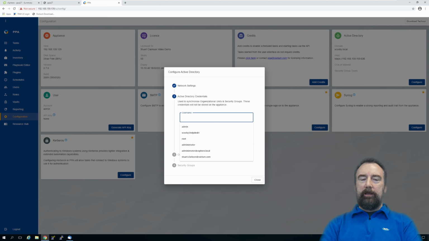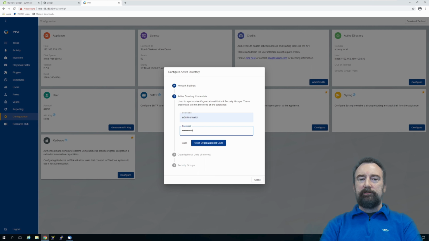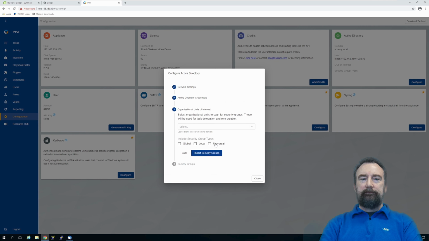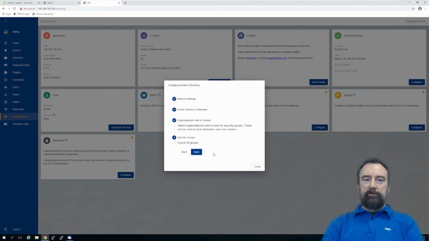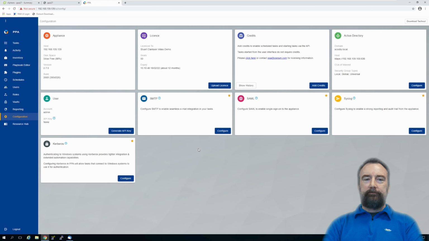Here we'll use a username and a password with access to AD. I'm going to use administrator in this instance. Now we can select what groups we want to import. If we tick all these boxes, it will import all of those groups. It should find about 30. There we go. Brilliant. So last port of call here is to add an SMTP server so that we can